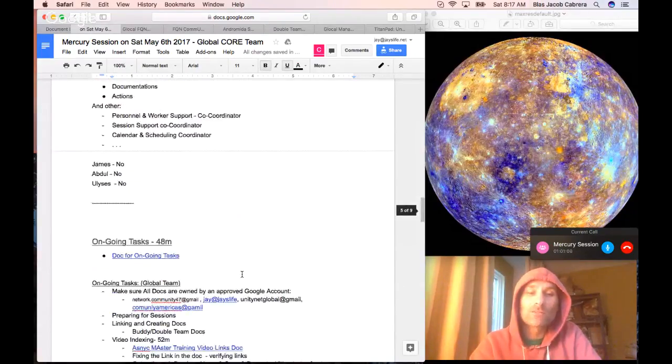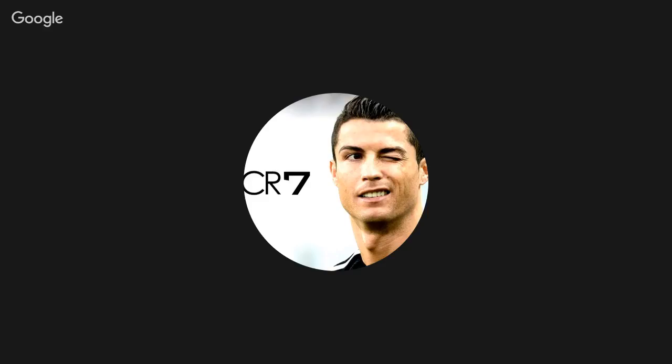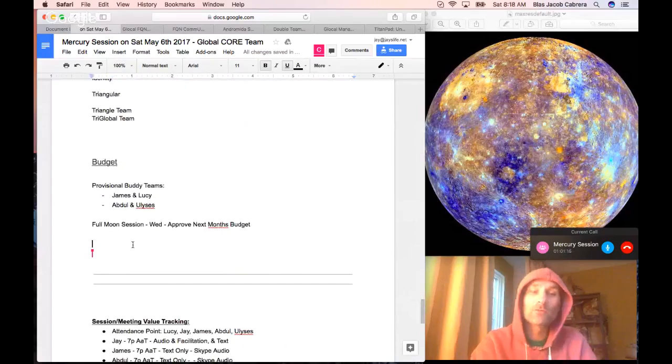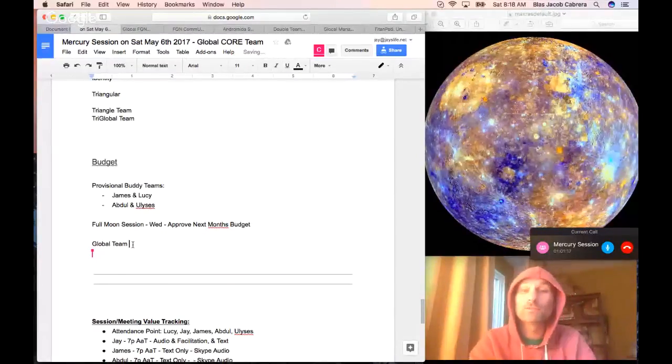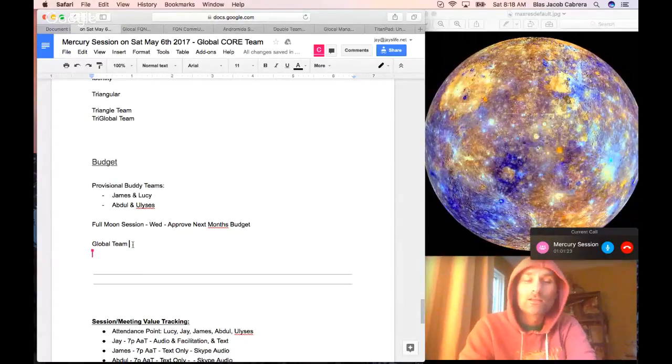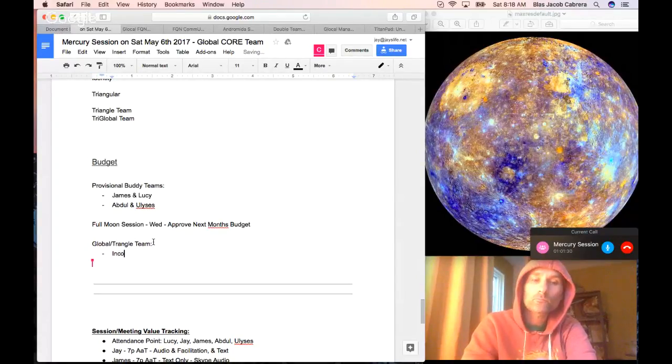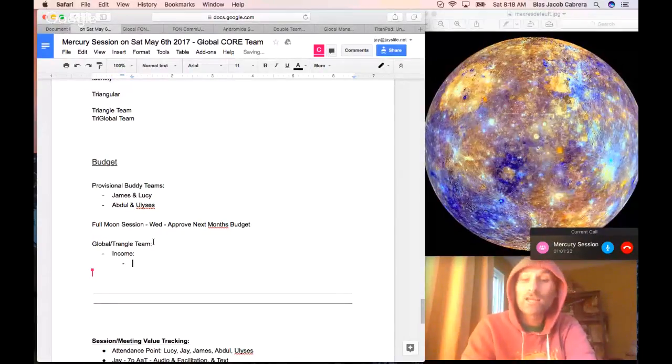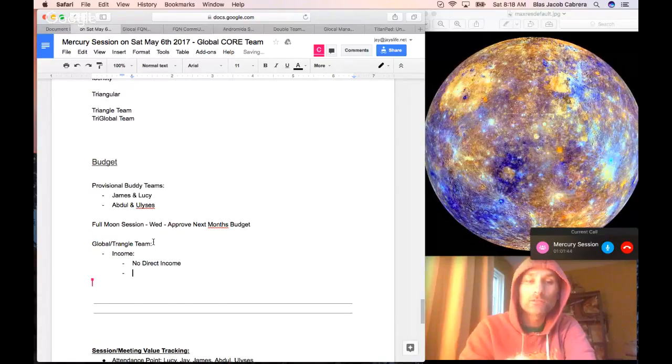Before we can start, the first step for understanding the budget is understanding how much funds we have, right? So for the global team, or possibly the triangular team or triangle team, depending on what we decide to call ourselves, our income would be, so we get some funds. We don't actually have our own income, which is actually a problem. We need to figure out a direct income source. So it's good to note, we have no direct income currently. So our income is from,